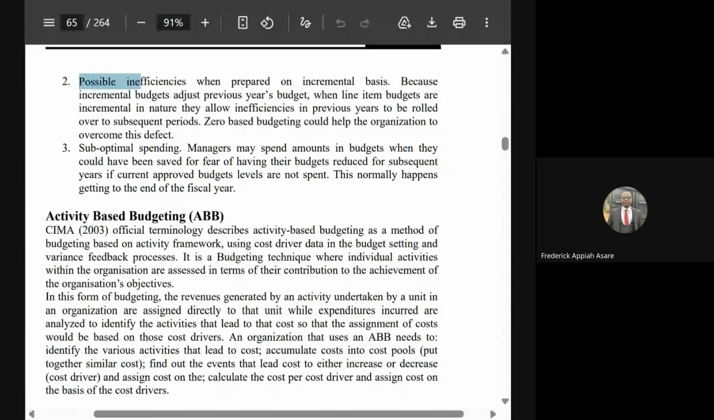It's also possible to have inefficiencies when prepared on incremental basis. So incremental basis, let me use this opportunity to explain it to you. It's where you base your current estimates on previous year's estimates. So for instance, this year you are spending 500 cedis on transport. You say that, oh, since I spent 500 cedis this year, next year, let me just consider an increment of 5% or 10%. Let's say 10% increment on transportation. So you apply 10% on 500 cedis, you get 50 cedis. You add it back to the 500 cedis, you get 550 cedis. So in your budget, you say that next year, 2027, you are going to spend